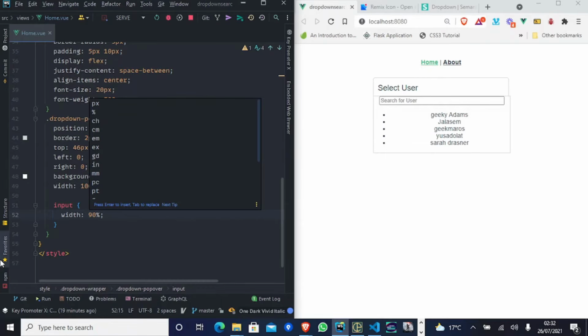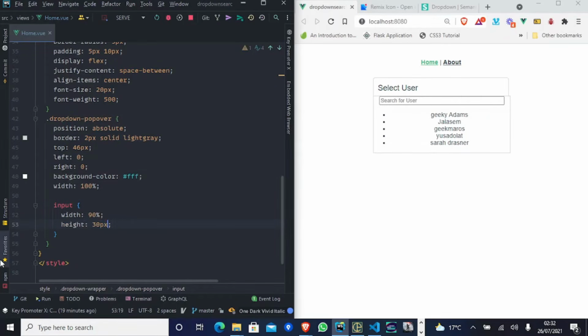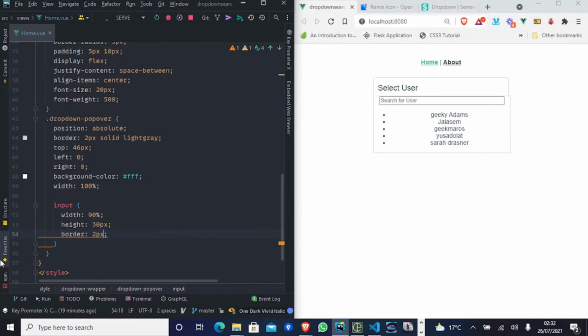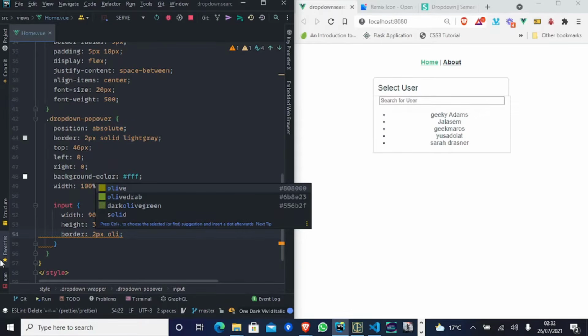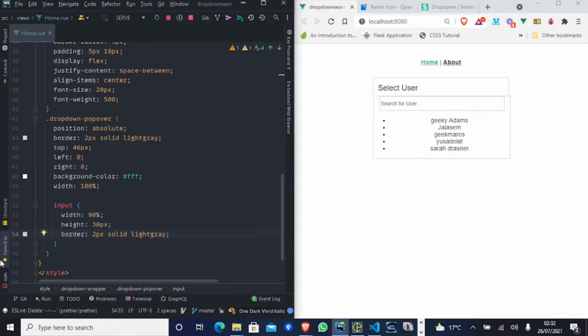Yep. So I want to give it a height of 30 pixels and border 1px solid light gray. And